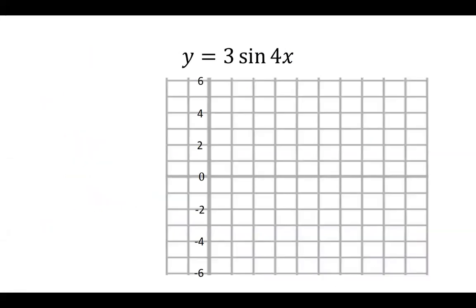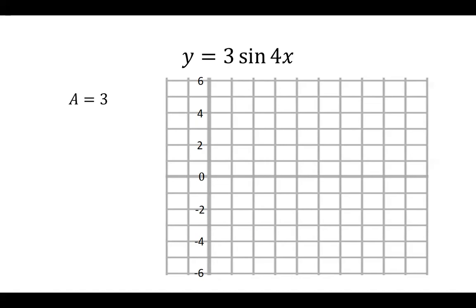So let's say I want to graph y equal to 3 sine of 4x. Well, the first thing I'm going to do is find the amplitude of this. And since it's 3 sine 4x, remember that that 3 is the amplitude. What that means is that the largest value of this sinusoidal wave will be 3. The smallest value will be -3, or the minimum will be -3, the maximum will be +3. Okay, now we want to find